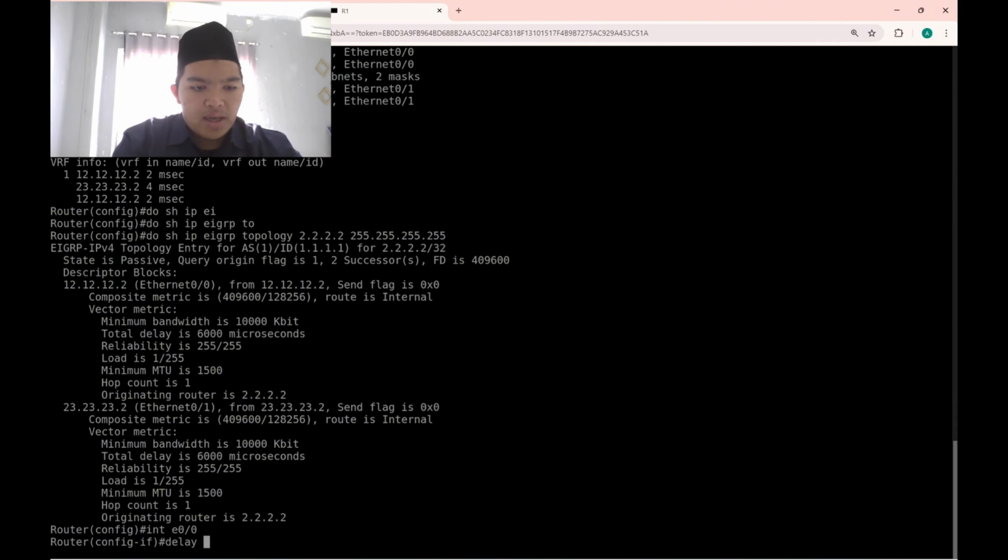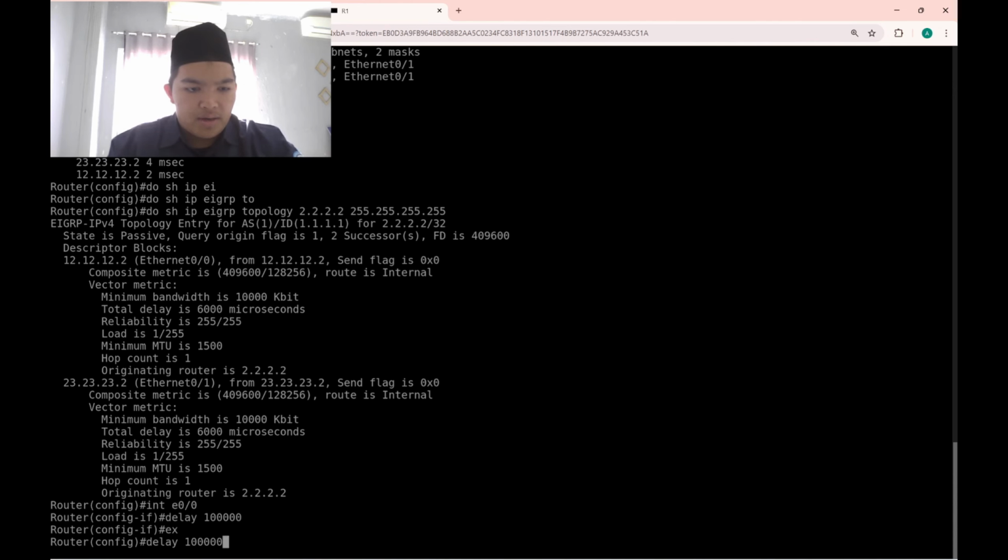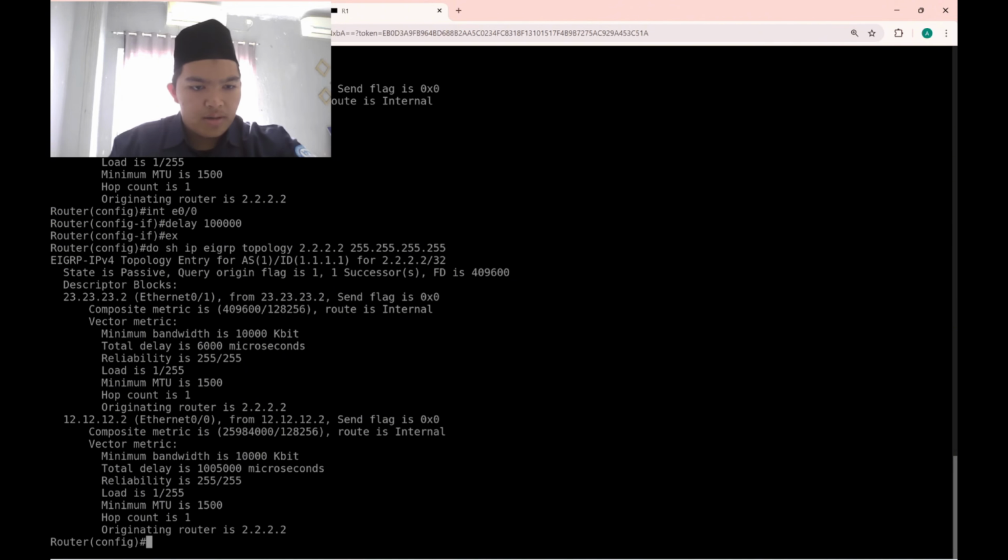I set the delay to a very large value, and then we see again. Okay, as you can see, the delay has become 1 million. The delay already changed, and router 1 will choose Ethernet 0/1 as the path if router 1 wants to reach router 2.